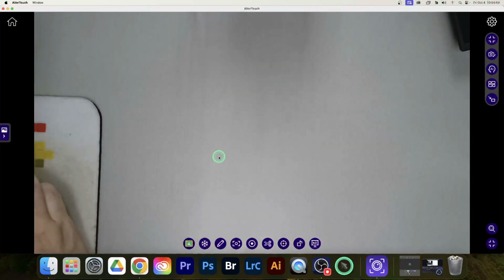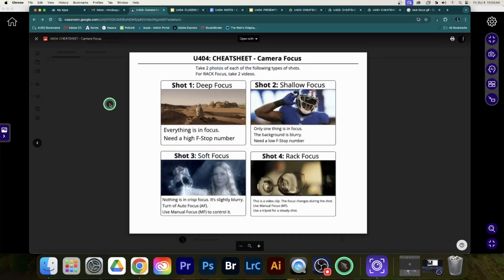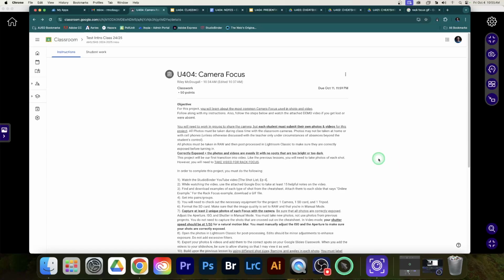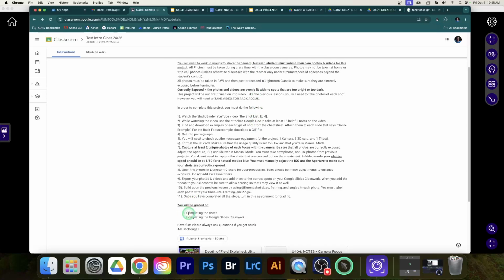Okay? So just like before, you are completing your notes and your slideshow like we always do, except we are going into video for the very first time with the rack focus. Okay? So again, here's your cheat sheet to make it easier for you, explaining which ones you are practicing and how to get to them in the shot with little descriptions right here. Okay? Make sure you have this available so you can easily reference it, and you'll be completing everything as we normally have been, completing the notes and the